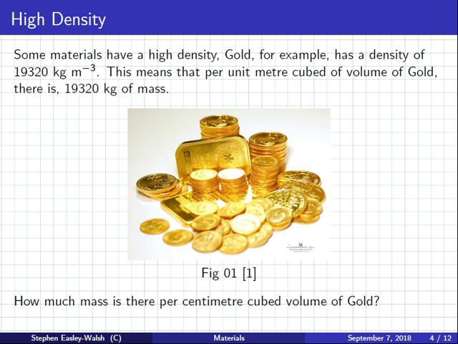What I want you to do for me now is tell me what the density is in grams per centimeter cubed. So this is kilograms per meter cubed. I want you to convert this into grams per centimeter cubed. Let's see if you can get this. Do you need a calculator? No guessing. It's grams and centimeters.